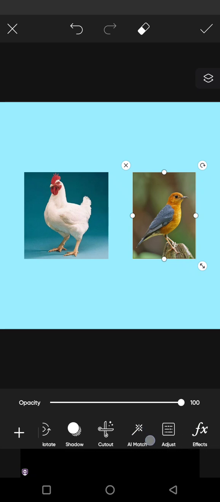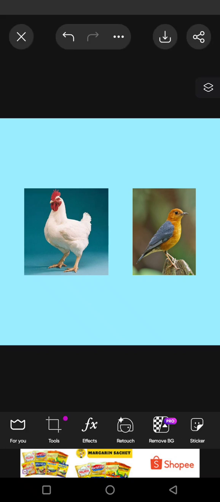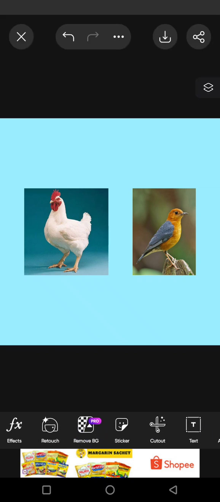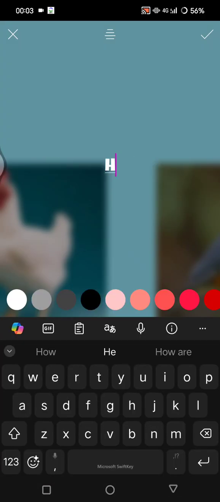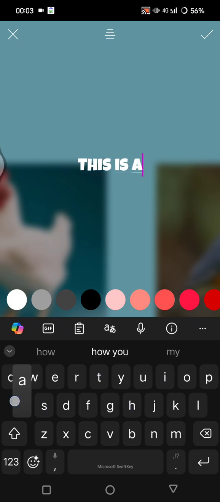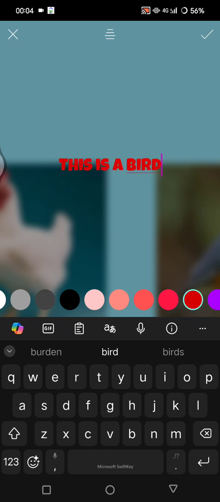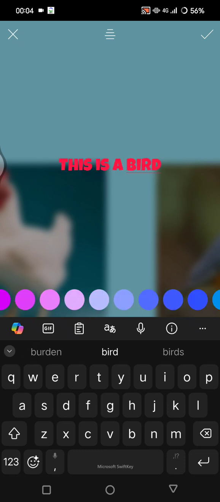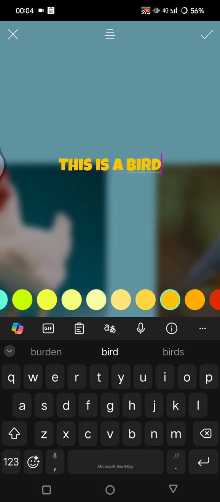Okay, I'm going to add text now. You can use this, or you can tap on the plus icon first and then find the text tool, this one, and choose your text. Let's say I'm going to just write "This is a bird." Here you can customize the color of the text. Say I'm going to go with this yellow color. You can also change the alignment,